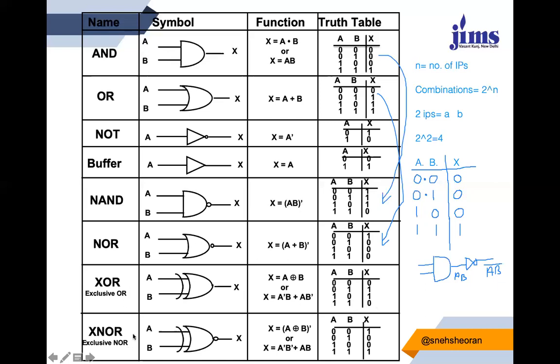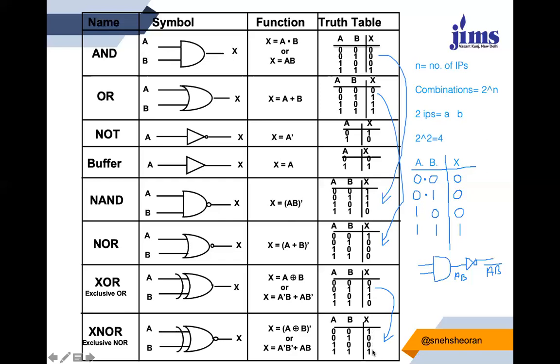An extension of this, you have your XNOR, exclusive NOR gate. So this is the symbol here, you put a negation. Now this becomes my complete expression. The expression says X is equal to A bar B bar plus AB. Coming to the truth table, you just have to perform a complement of this particular table. So you had 0, 1, 1, 0, complement it, and you're going to get 1, 0, 0, 1.